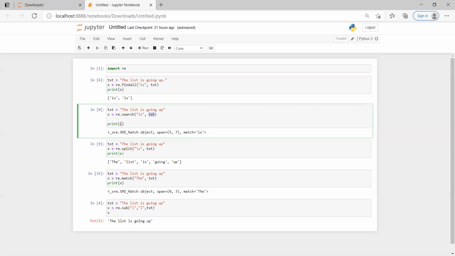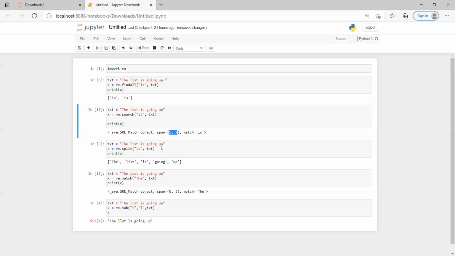The match is "is". I want to know the first occurrence, and the first occurrence is after the fifth location, counting 0, 1, 2, 3, 4, 5. Another occurrence is here, shown as 7. This is the functionality of the search function.